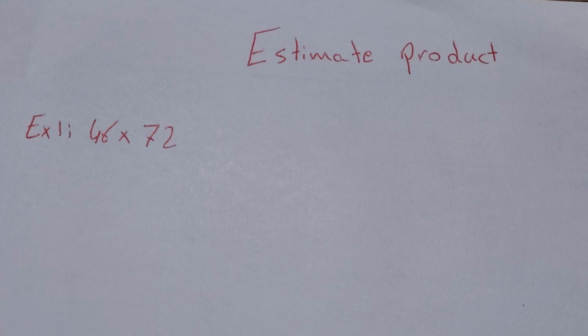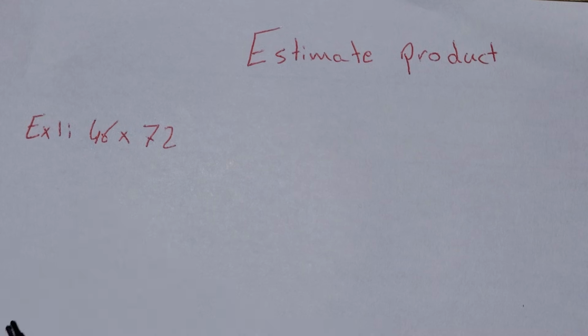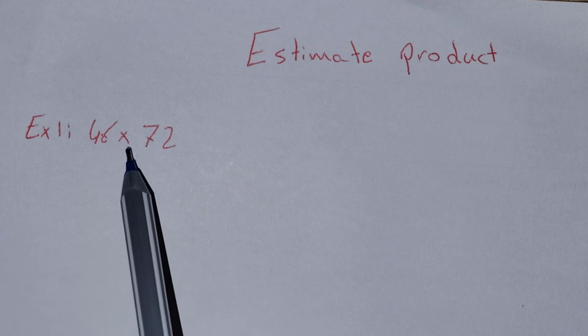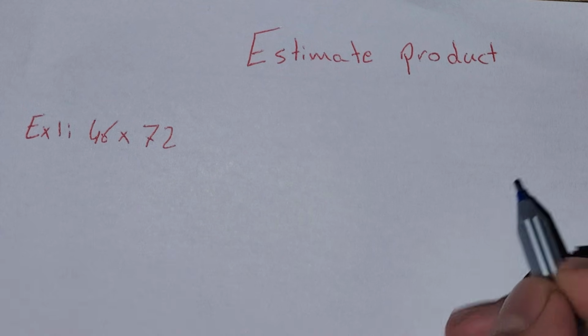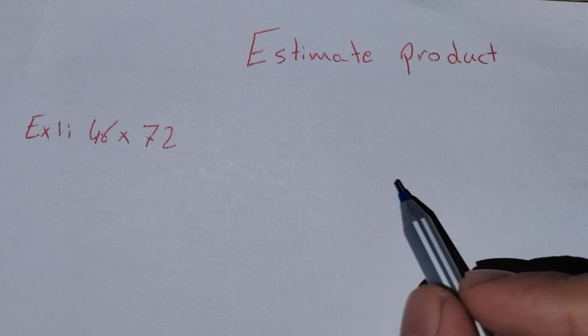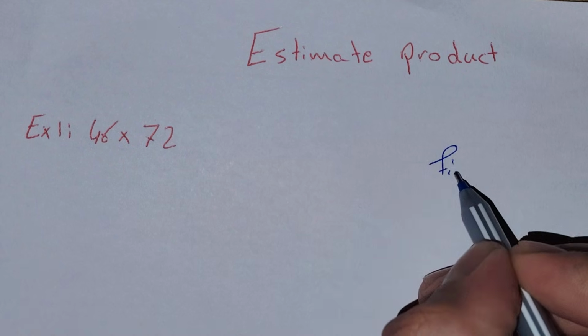In this video, we're gonna talk about estimating a product, how we can estimate a product from two factors. For example, in here we have 46 times 72. There's only one thing that we have to remember. If we want to estimate a product, first